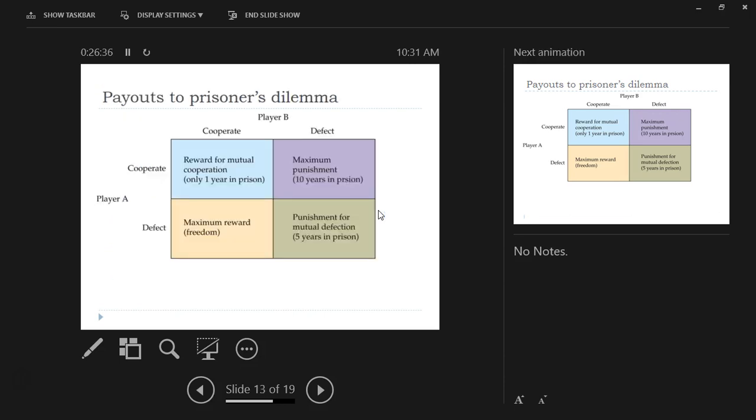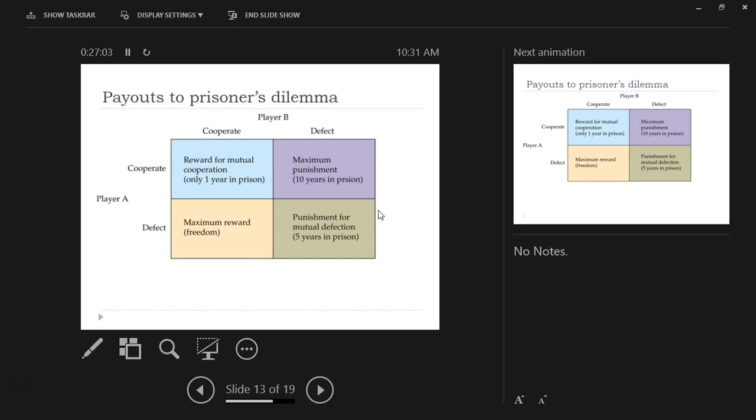So this figure tries to summarize all of those different arguments. We've got a 2x2 grid again. Here is the action of player A, so let's say that's you. Here's the action of player B, that's your partner, and you don't know what they're going to do. But again, if you cooperate, and cooperate here refers to cooperating with your companion, not with the police. That sometimes can be confusing. That's the way this literature is phrased, though.